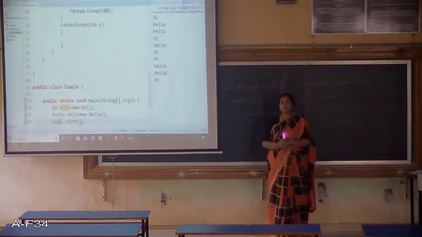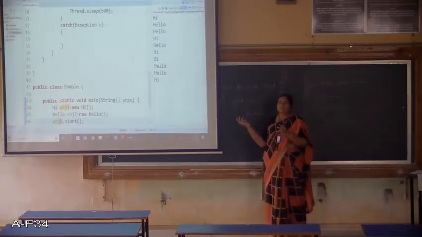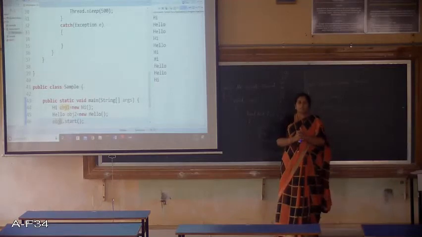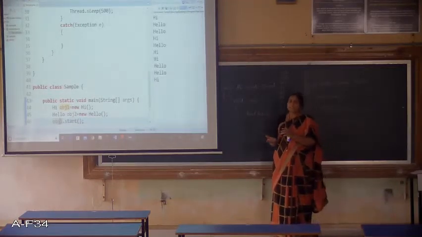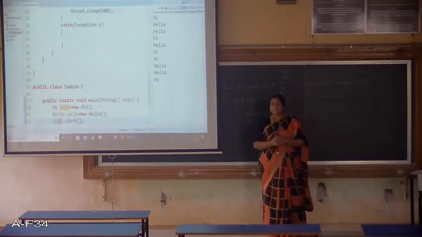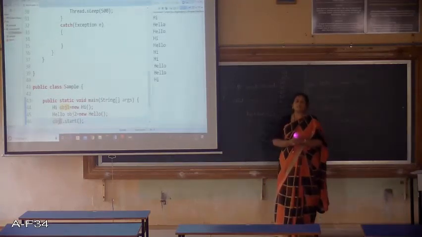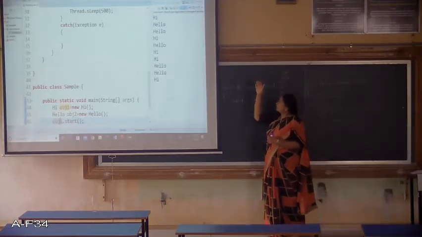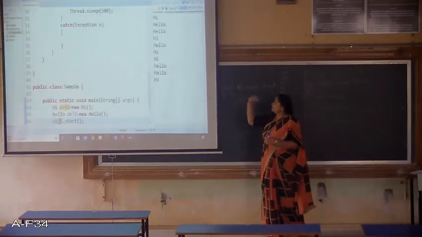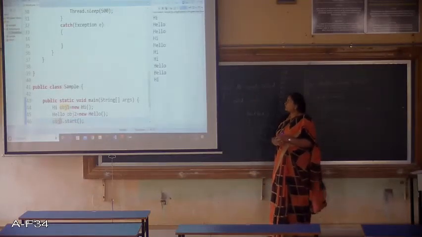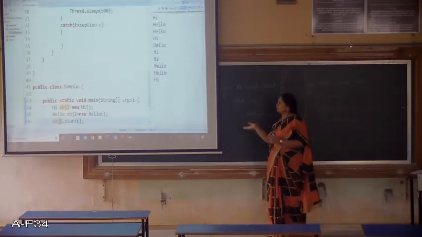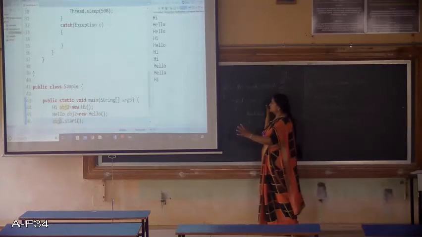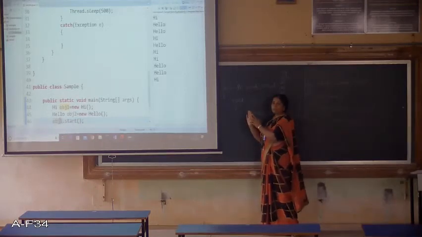Right now, when these 2 threads go and request for the service, randomly one of the threads will be chosen and that thread will be executed. That is the reason we are getting hello, and then that hello thread got the opportunity, and after that the hi thread, then the hello thread. At some point of time, both the threads went for the request.